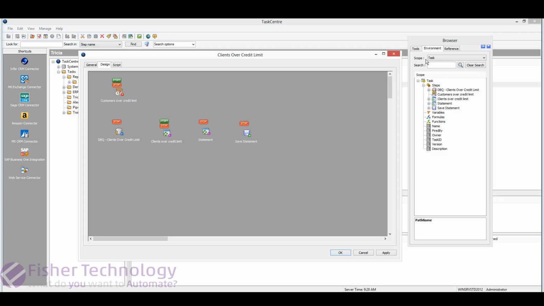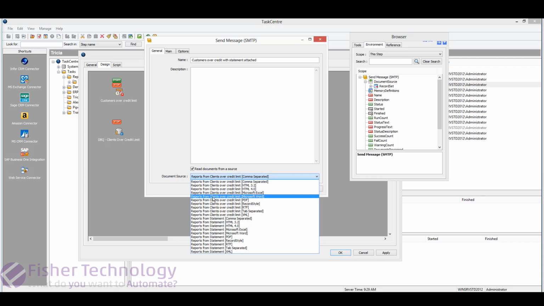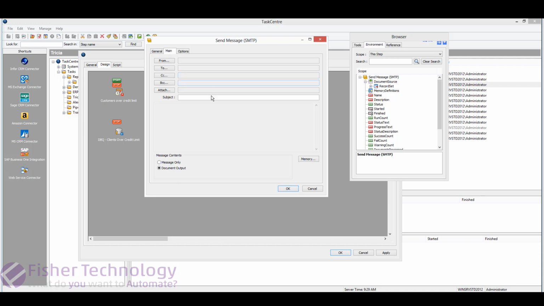And now I want to generate my outbound email. So again, I'll come over to output, drag over my email, read documents from source. In this case, I'm going to say clients over the credit limit, and I'm going to choose HTML because that's going to be the HTML body. And then over here in main, I'm going to say use document output because that is going to be the HTML body. If I just had a simple attachment, a report attachment, I'd say message only, and then I could type my message body here, "Dear first name, last name," and any other fields of information I want from the underlying database. I'm going to choose my from